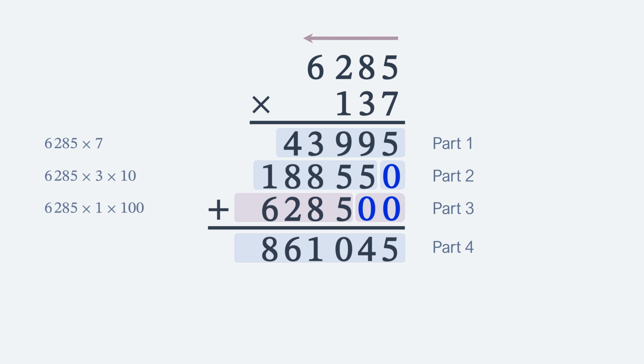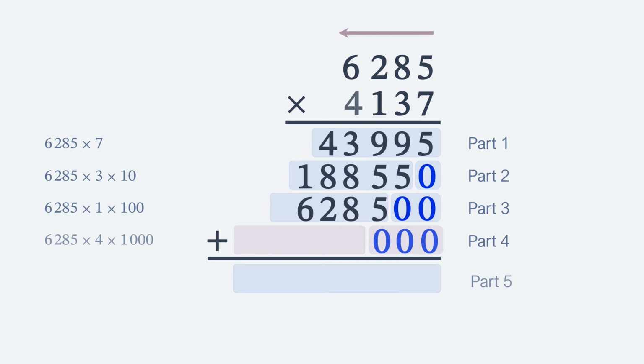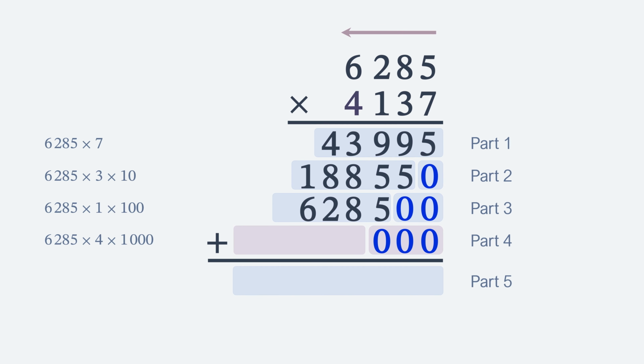If we need to multiply by a 4-digit number, we get the fourth answer line, because we also need to multiply the fourth bottom digit by each digit of the top number, like we did before. And we need to shift the result of multiplying by the fourth digit by 3 zeros, because the fourth digit is in the thousands place.